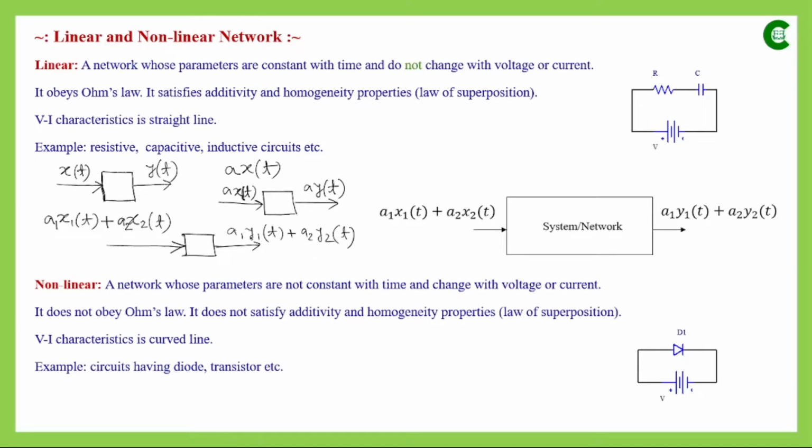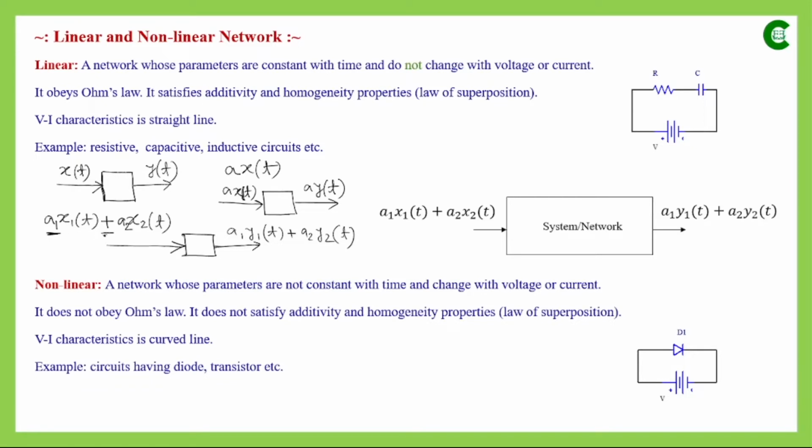linear network, where y1(t) is the output corresponding to x1(t) input and y2(t) is the output of that network when we send x2(t) as input. So when we multiply both the inputs separately by different multipliers and then add them to form this type of input, the output will also change according to the change that we have done in the input. So this is the law of superposition, where we are satisfying both the additivity and homogeneity,